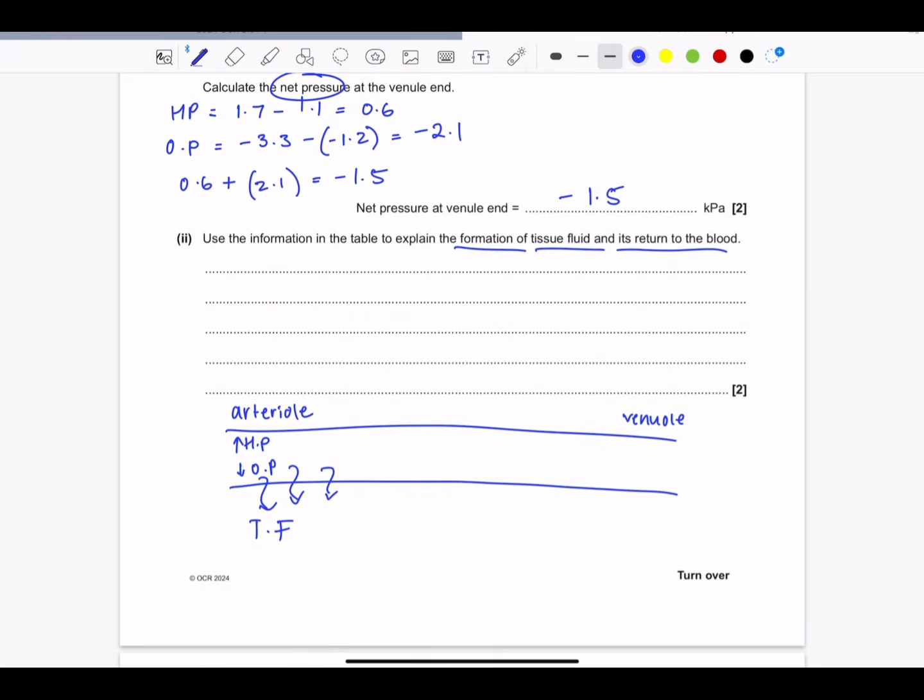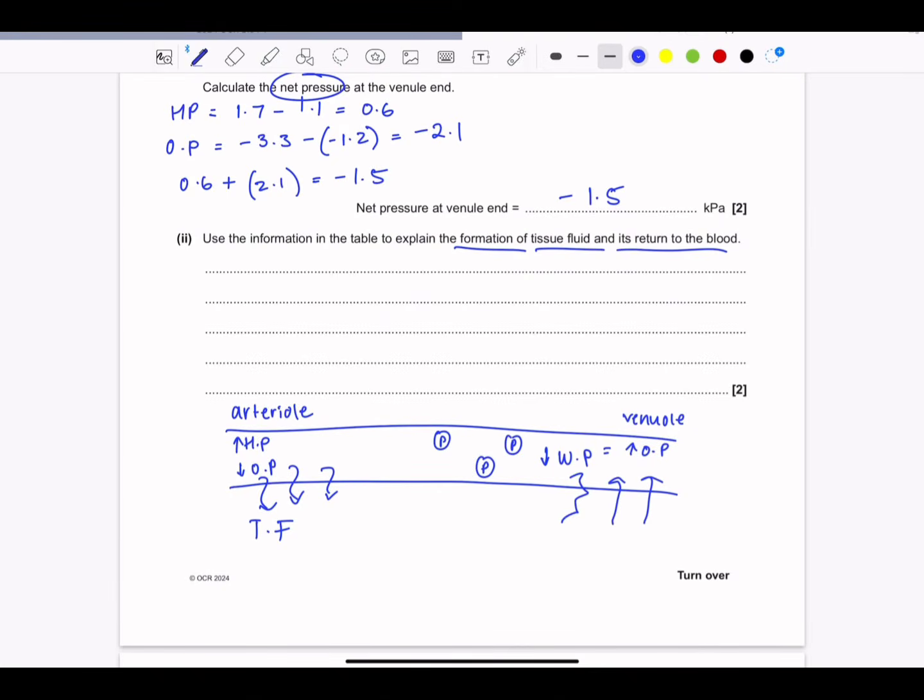Now, because all of the water or the fluid is leaving, that leaves behind proteins in the blood. These proteins are like albumin, or just larger protein type of material, which lowers the water potential. This low water potential is the same thing as saying a high oncotic pressure. So oncotic pressure is the pressure due to proteins that remain in the blood. So the high oncotic pressure, or if you fancy, the lower water potential, is what draws the fluid back in